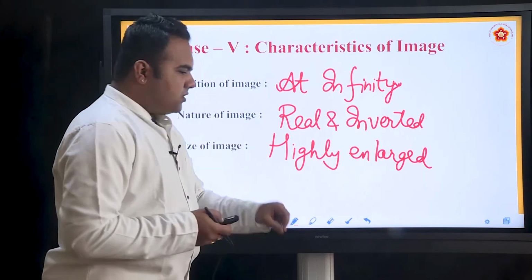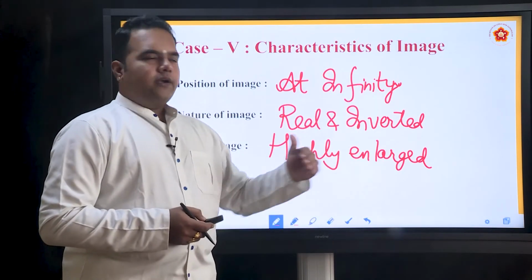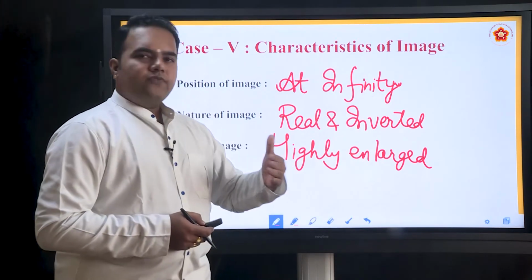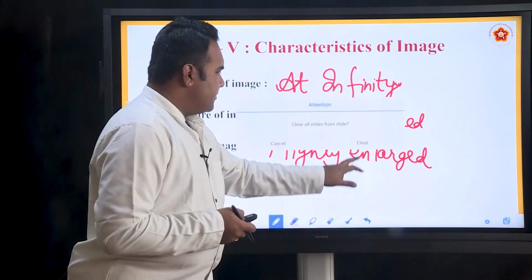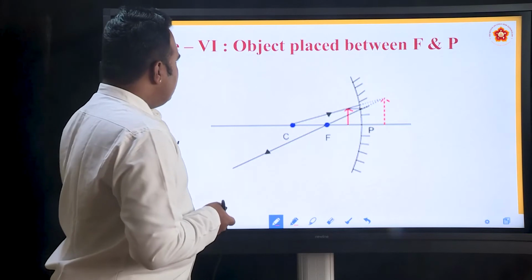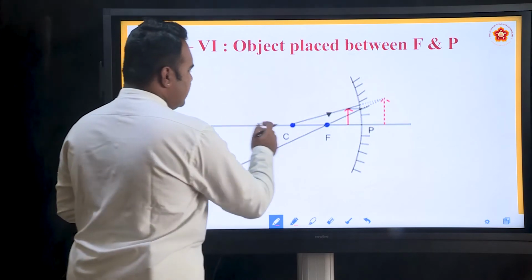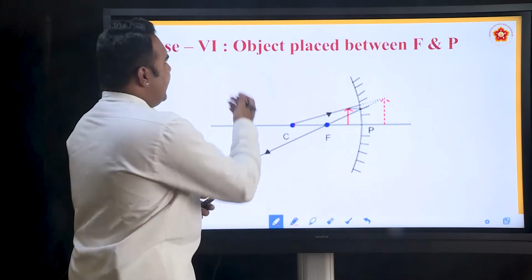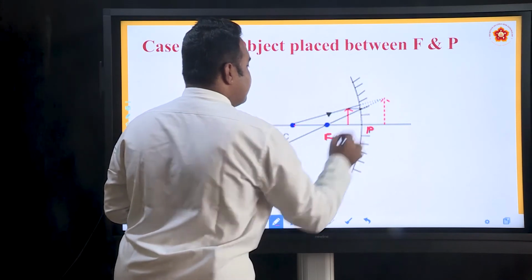So, what happens? They choose a particular point on the ground and the mirror is placed there. So, with respect to that particular point, which will be the focal point or the center of curvature for that particular mirror, as we move away and further from the mirror, we can see all these changes that are happening. Let's go to the next case, the last case, that is the object. Now, these are the different positions we have got. Initially at infinity, object beyond C, object at C, object between C and F, object at F is over, and the last case, object placed between focus and pole of the mirror.